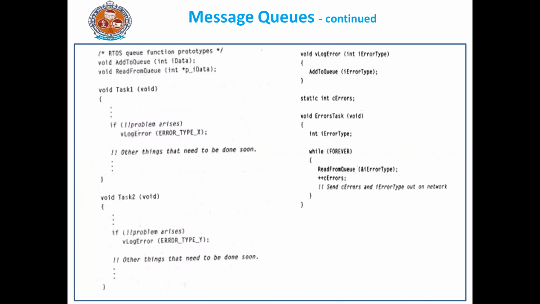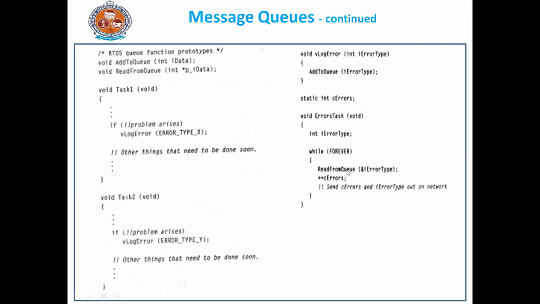This is the example that we have already discussed in the previous sessions, where we are trying to increment the cErrors variable, which is being called between two different tasks, task 1 and task 2. And this is the main task, where we give static int cErrors. In the previous sessions we have already seen this particular example with some values. Now we are again seeing the same problem.